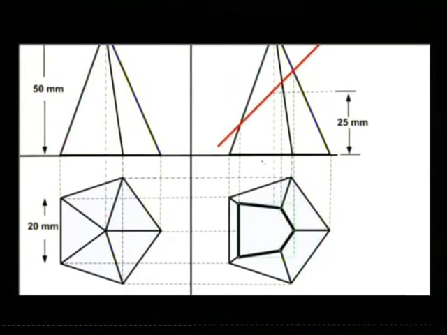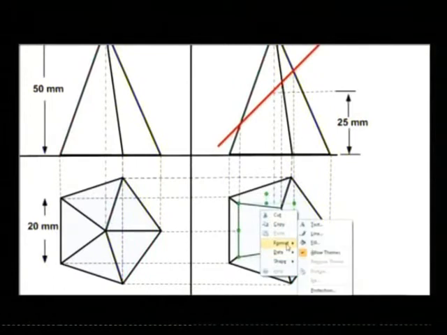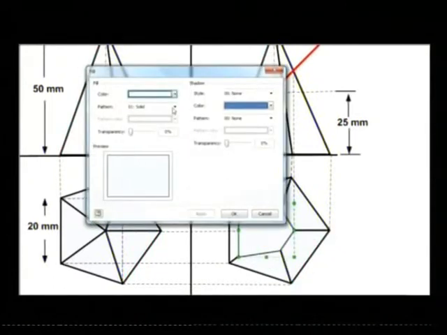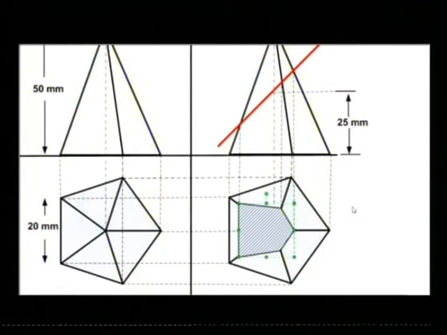Okay, and this will be the section of the pyramid when we look from the top, after we cut by this plane here with the red line. I can make this line here, and once I have this section available, I can fill it here. So fill, and then I'm going to select the section here, and the color will be darker. Okay, apply. So this is how the section of the pyramid will look.